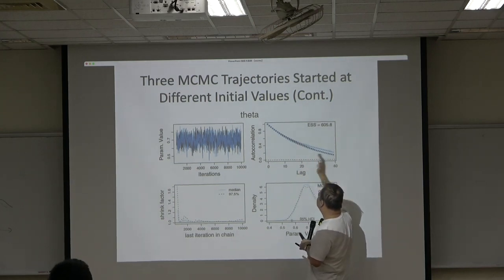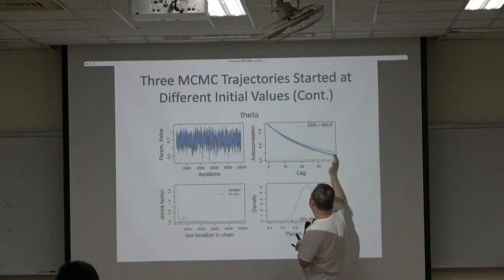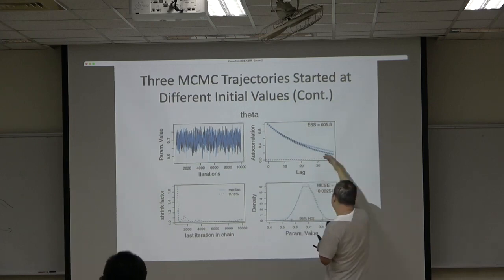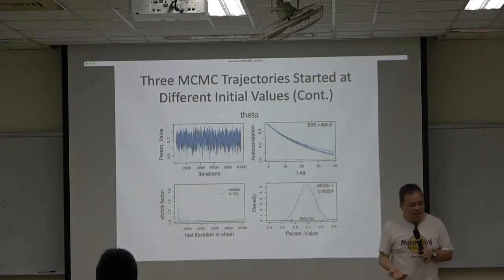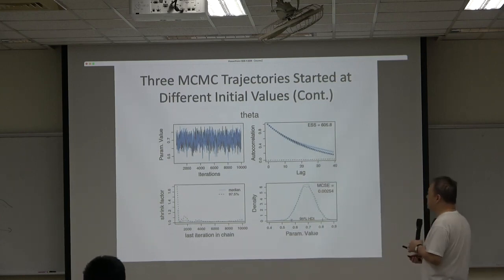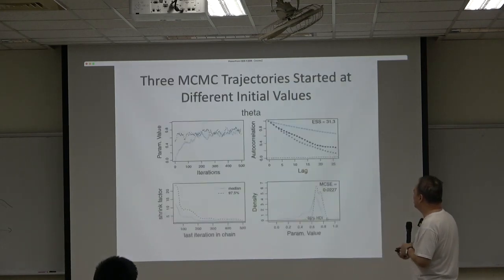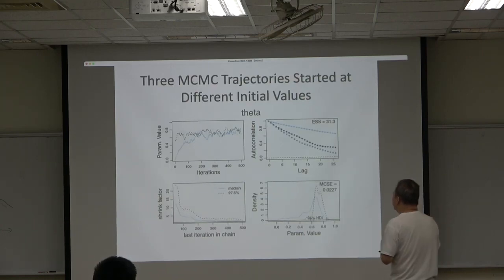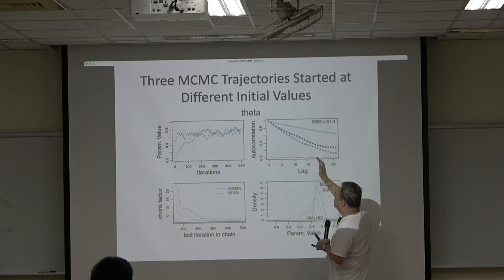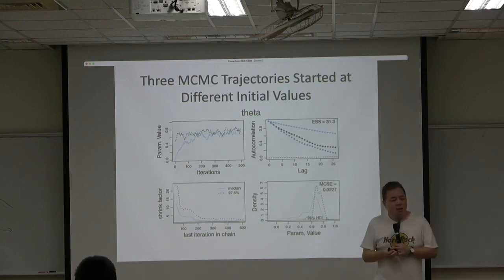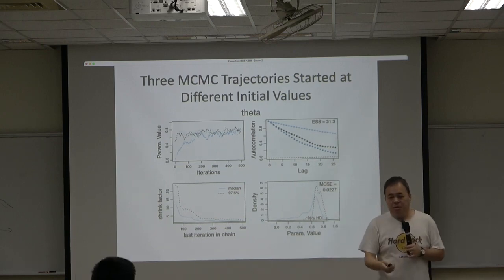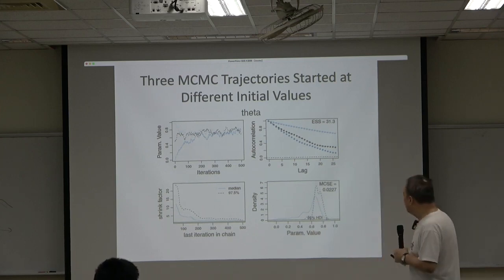For lags that are larger than 20, obviously it reduces naturally, but we don't care that much. Not to mention this one, this is also autocorrelation, up to 20. So you can see that, okay,